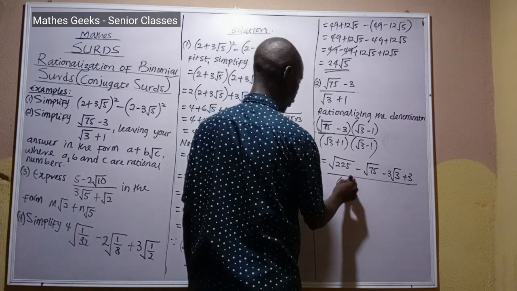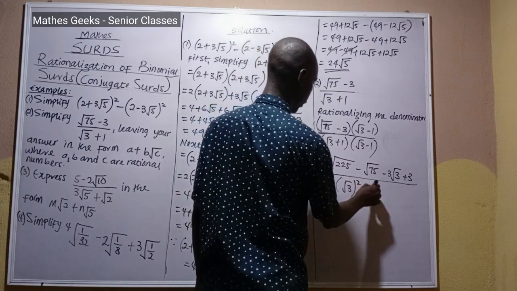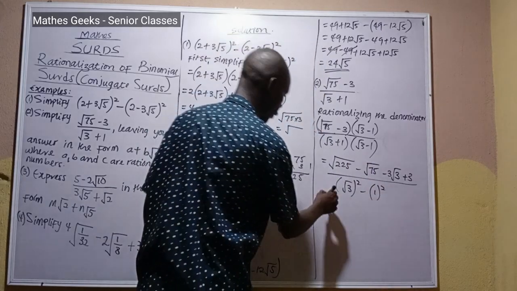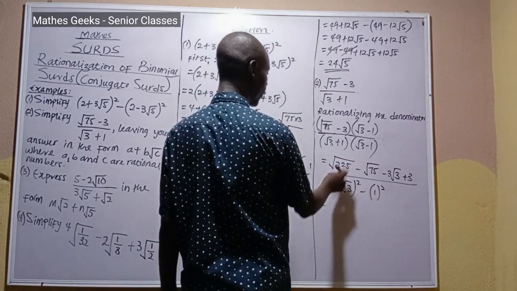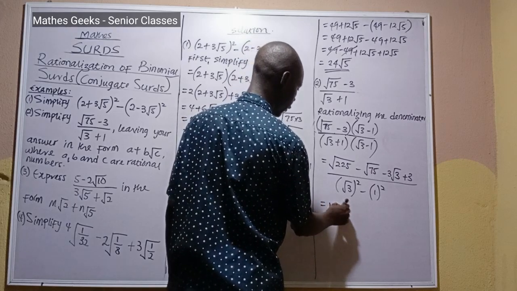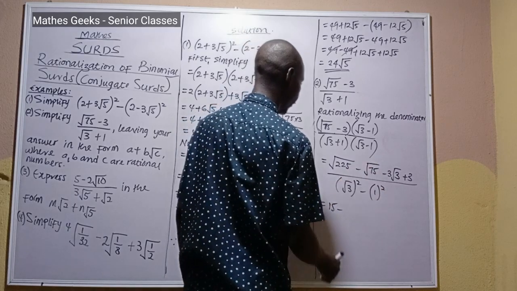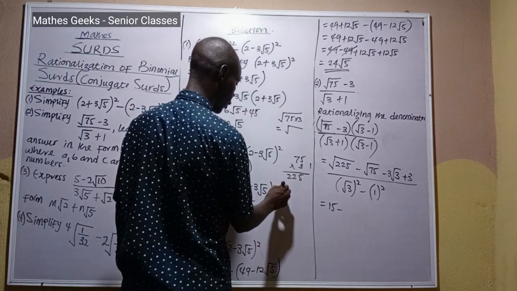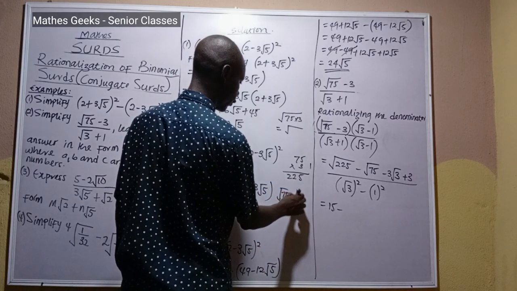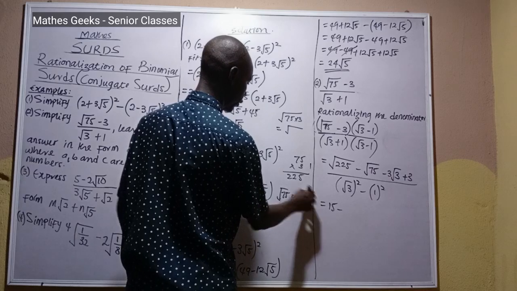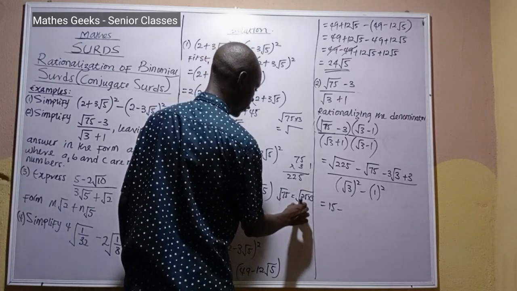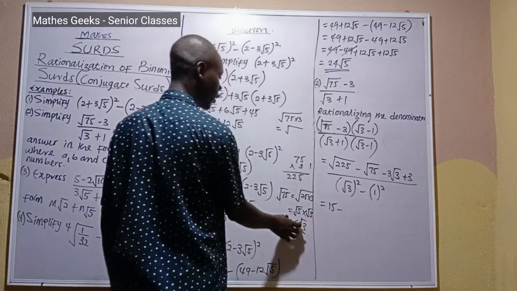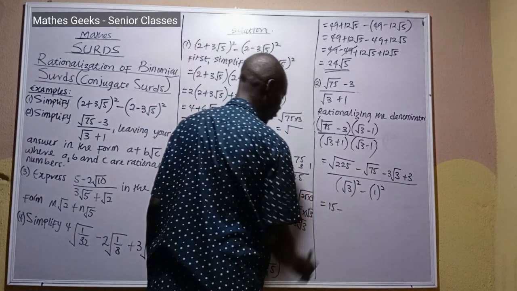So for the denominator it is root 3 squared minus 1 squared. The square root of 225 is 15 minus, we need to reduce root 75. Root 75 is root 25 times root 3, which is equal to root 25 times root 3, and that's equal to 5 root 3. So we'll put this in place of the root 75 here. So 15